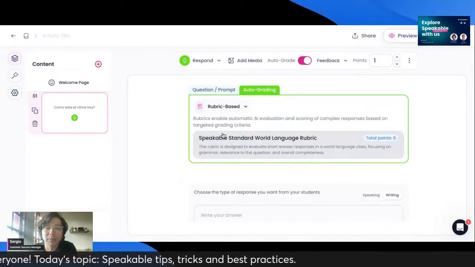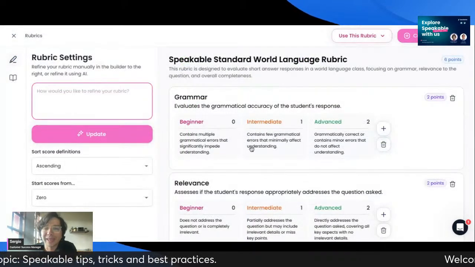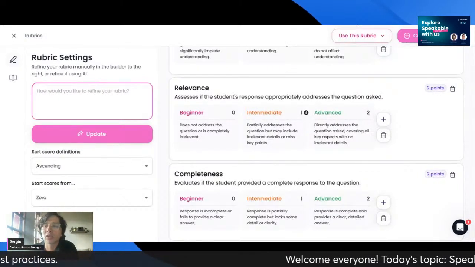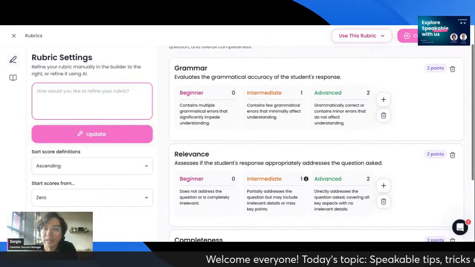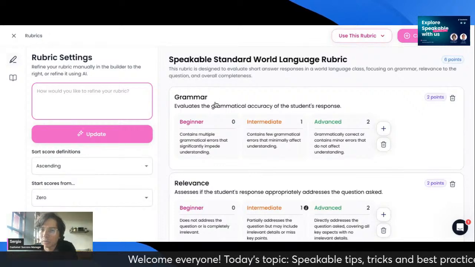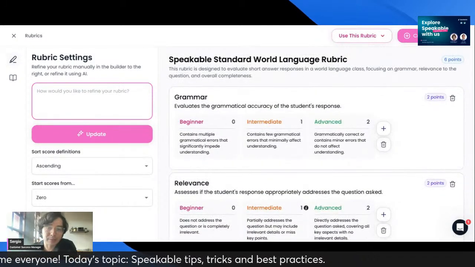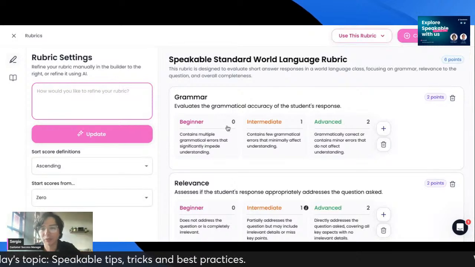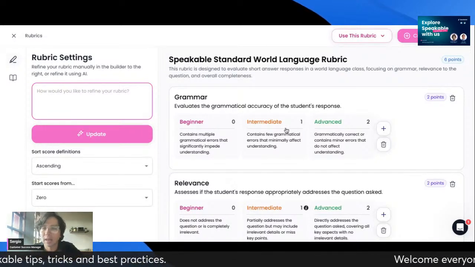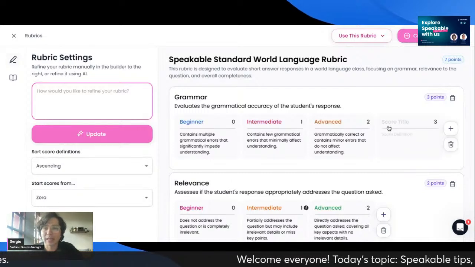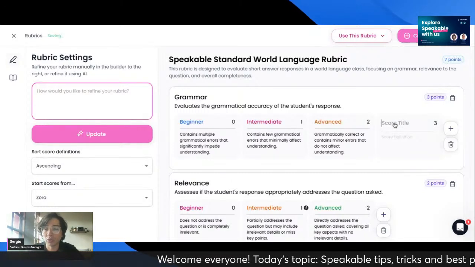But if you click on rubric-based, you will be able to give more variables or specify the variables that you want evaluated. By default, we have this one: grammar, relevance, and completeness. But you can edit it. So there are several different levels of proficiency assigned to each category. You can click on this one to create